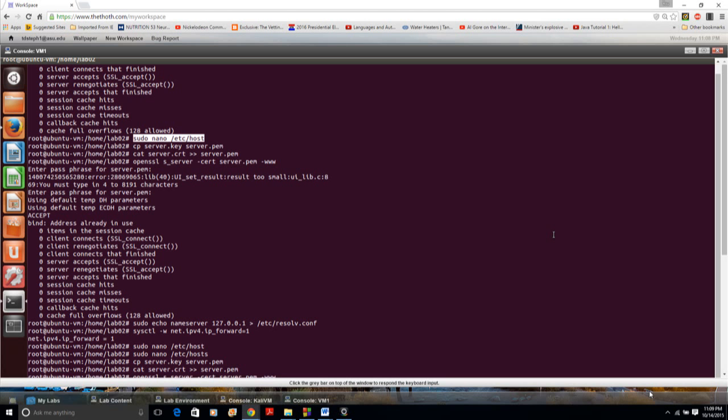Alright, for task 4, we'll be using the PKI and certificate infrastructure. In this section, we'll explore how the PKI and certificate can be used by a web server to secure web browsing. The first step is to enter sudo nano